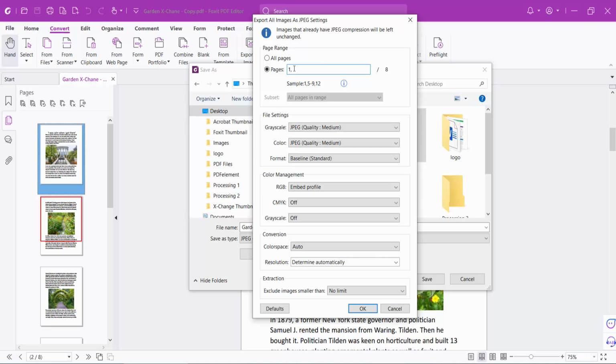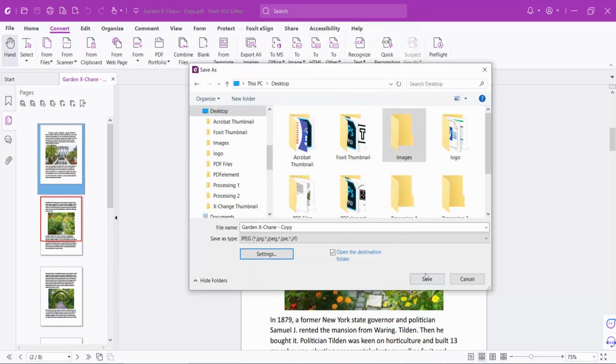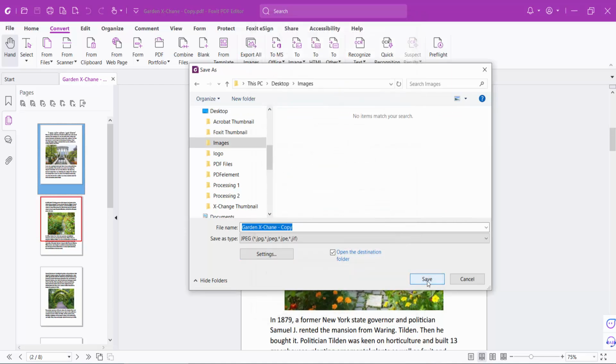Here you can set a specific page images or select all pages, and image quality you can select high quality or low, and I'll remain this default setting and select OK. Now finally select save